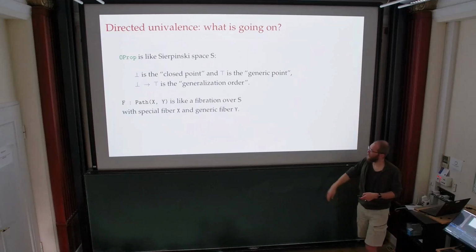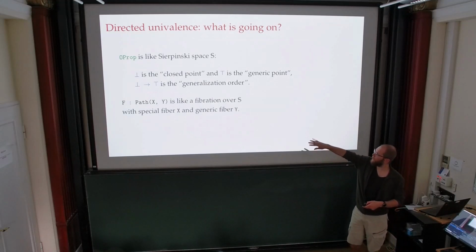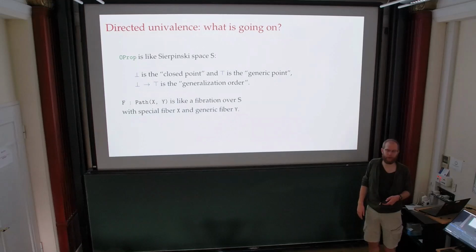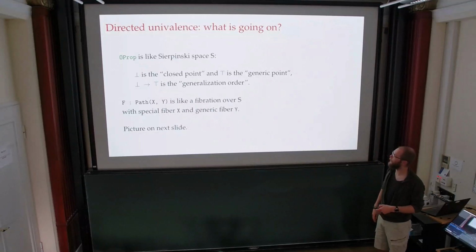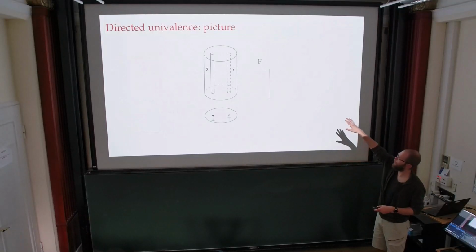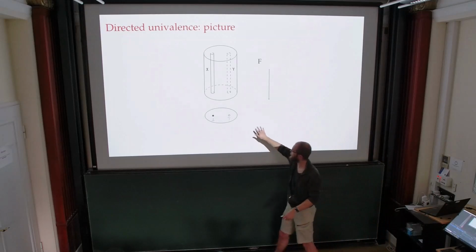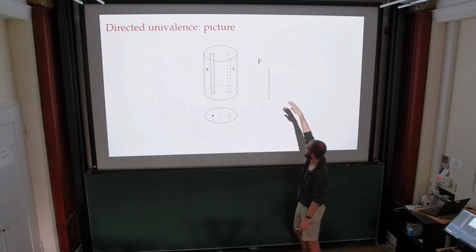And then whenever you have a path f from x to y, that is something like a fibration over S, whose special fiber is x and whose generic fiber is y. And so I'll put a picture on the next slide to explain what I'm thinking of. So F is sort of this whole cylinder thing, and Sierpinski space is this two-point space, a closed point, an open point, and F,